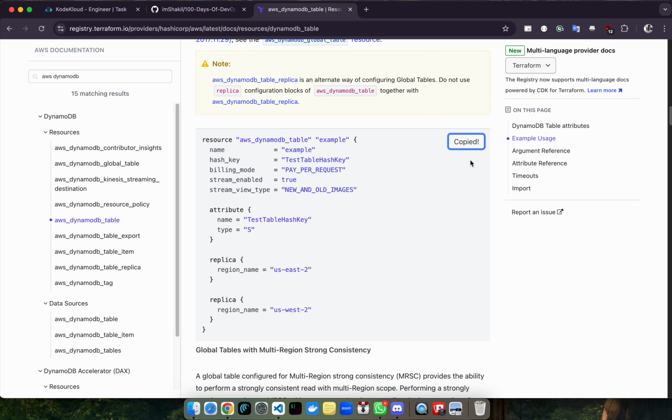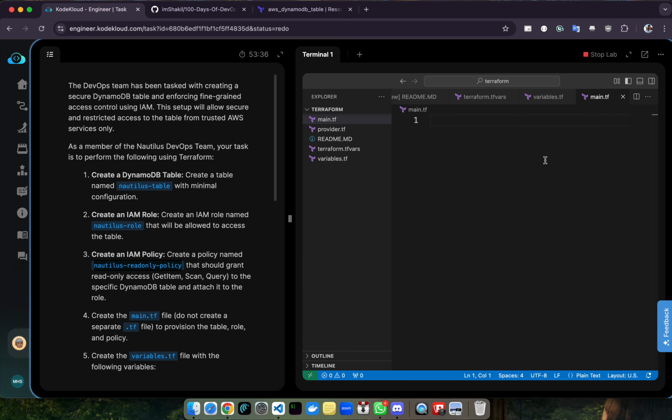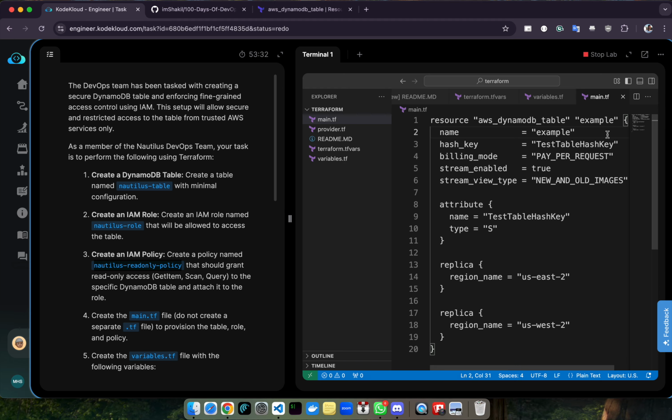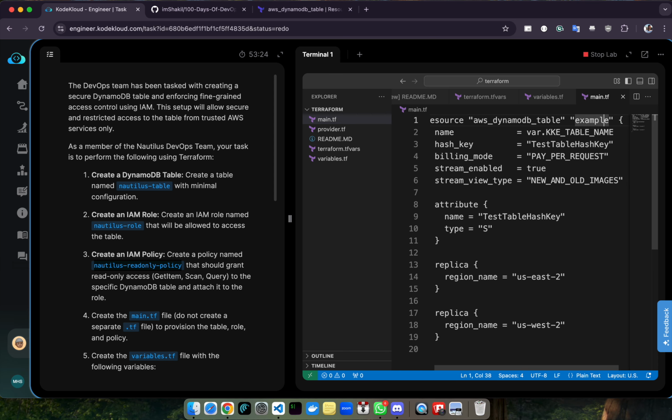Let's copy this minimal section and update it. We'll give the name as var.kke_table_name, and for the resource name let's set it kke